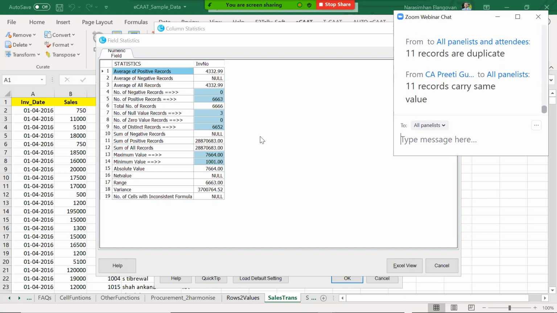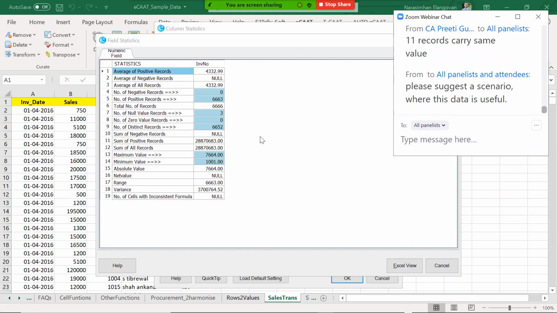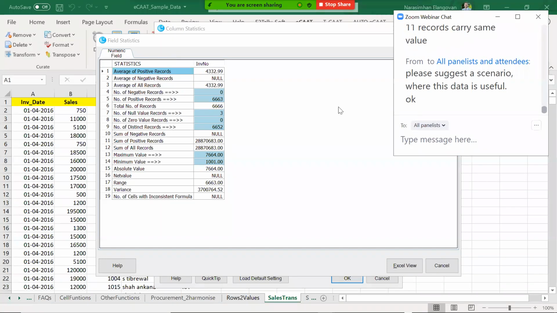Now the question is, as an auditor, where can you use this? I'm trying to give you scenarios so that you'll be able to understand where you can use this. As an auditor, the moment you get any data, first apply column statistics. Of course, this is after you have formatted the data.